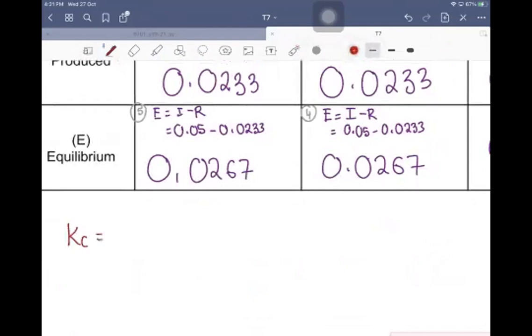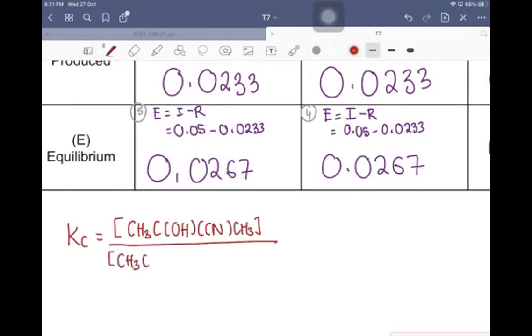Kc is equal to the concentration of products. In order to get the mark, sometimes you have to write down the Kc expression. I know how eager you are to just put the numbers in, top divided by the bottom number, and then get the answer and write down the units. Try to make it a habit to always write down the expression based on your reactants and